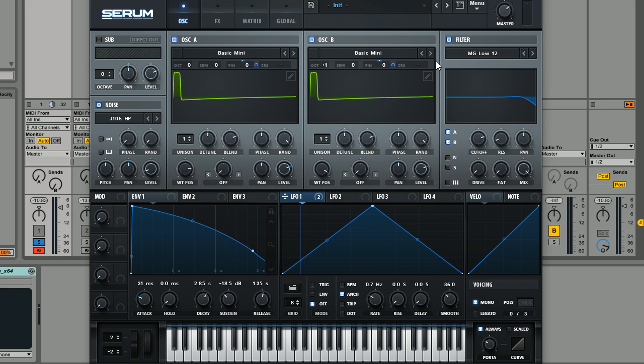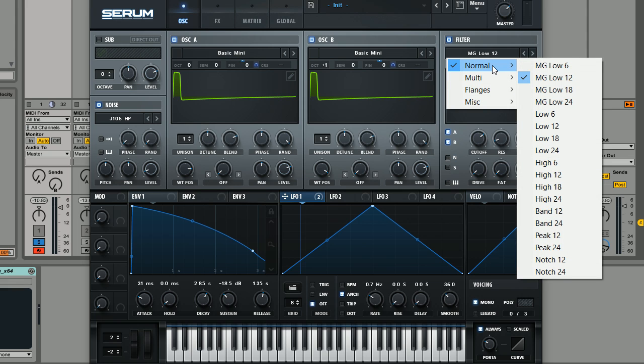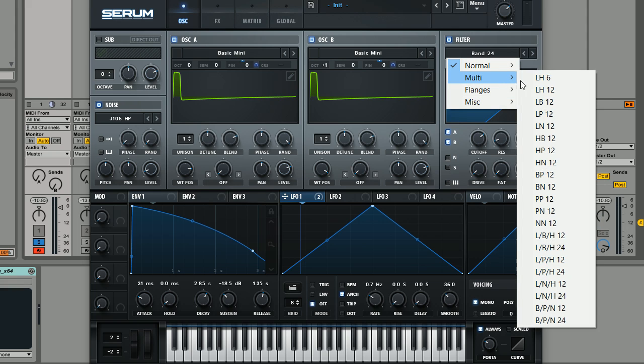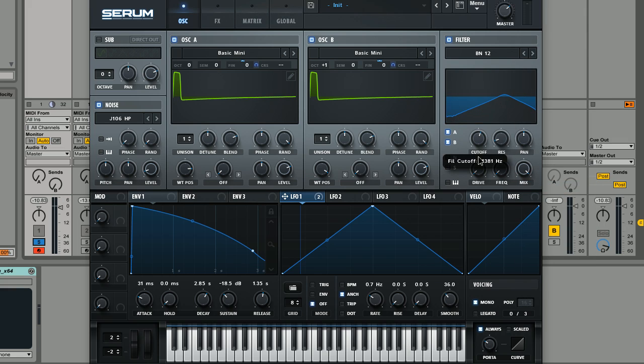So you can hear that really nice oscillator drift, like the detune sounds really cool. The next thing we're going to do though is actually change the filter type. Instead of using a low pass filter, we're going to use, let me see, which one did I use? I think it was the band notch filter. Yeah, it was this. So this is kind of like a hybrid filter between a bandpass and a notch filter,